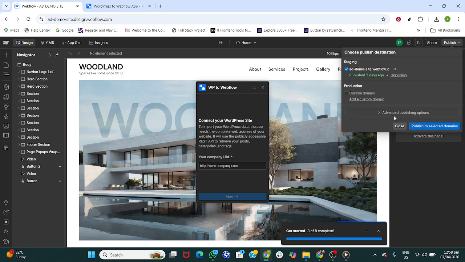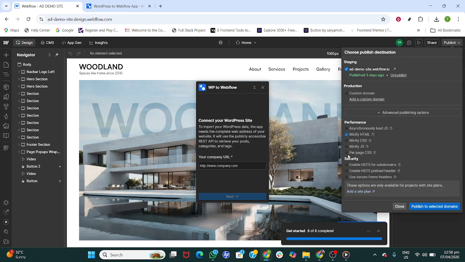Publishing makes your imported content available on the selected domains. If you prefer to stage first, publish to a staging domain and review the live result, then publish to production when you're satisfied. That's it. You started in Webflow, launched the WordPress connection,